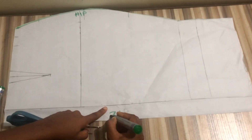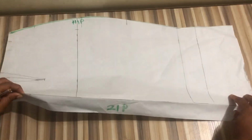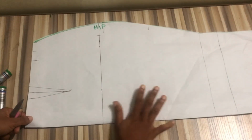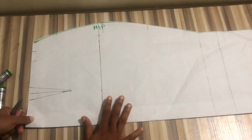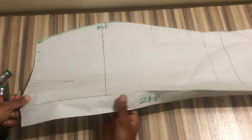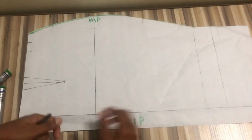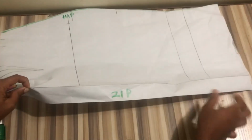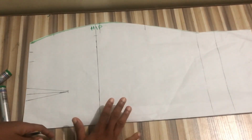So this is if you're working with a pattern, but if you're not working with a pattern paper, you're going to mark this out on your fabric and then add your 2 inches sewing allowance. But while making this skirt, you need a pattern paper because you can't directly mark the design on your dress. So first, after marking your skirt, you're going to add your zipper allowance. Then you can go ahead to place your back pattern on your main